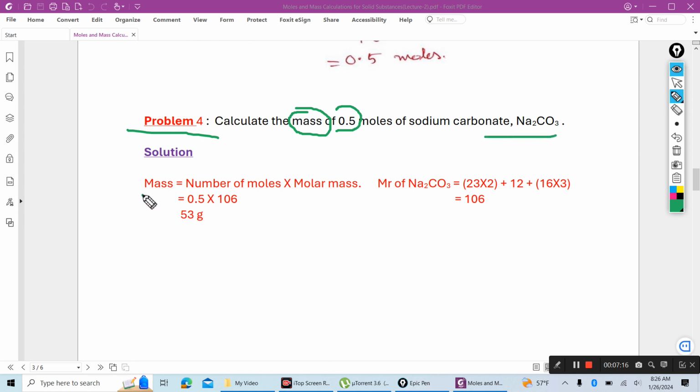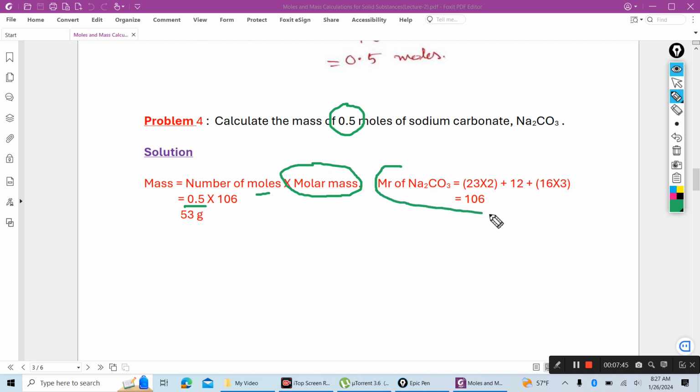You know, mass equals number of moles times molar mass or molecular mass. So number of moles is given, 0.05. Molar mass,